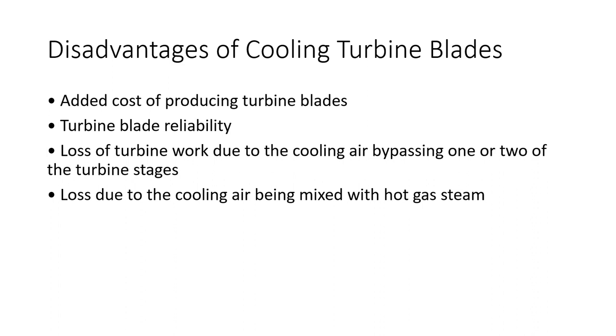Imagine if you're able to extract the work even at above 2000 degrees Kelvin, the work extracted would be very high. But because of the limitation of the turbine blade, your work is coming down. Because you're adding coolant to it, the temperature is getting reduced, so the overall work extracted is also getting reduced. And there are losses due to cooling air being mixed with hot streams, which is common. What happens when cooled air is mixed with a hot gas stream?